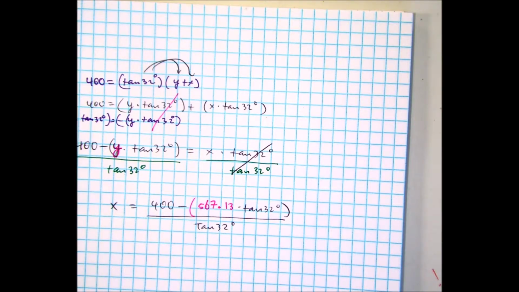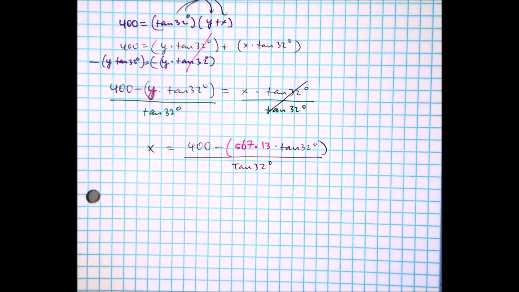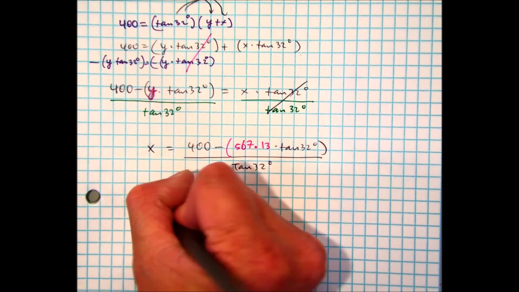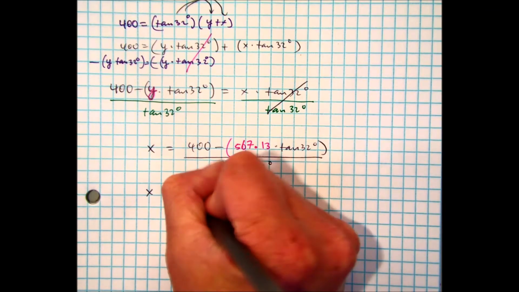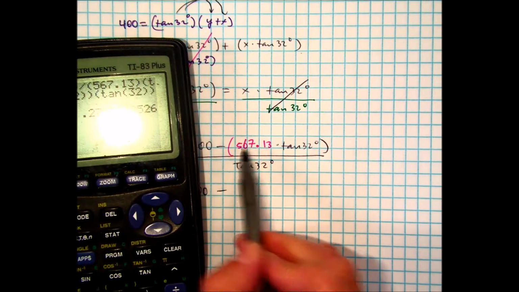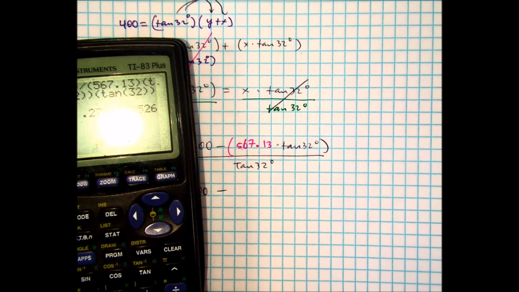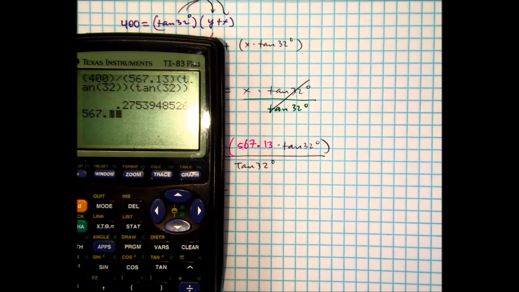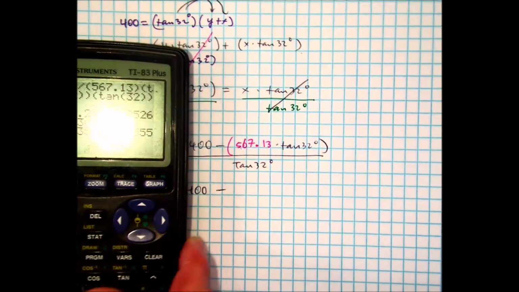Now, here it is okay to simplify by parts. What do I mean by that? 400 minus, I'm going to do 567.13 times tangent of 32. And I get